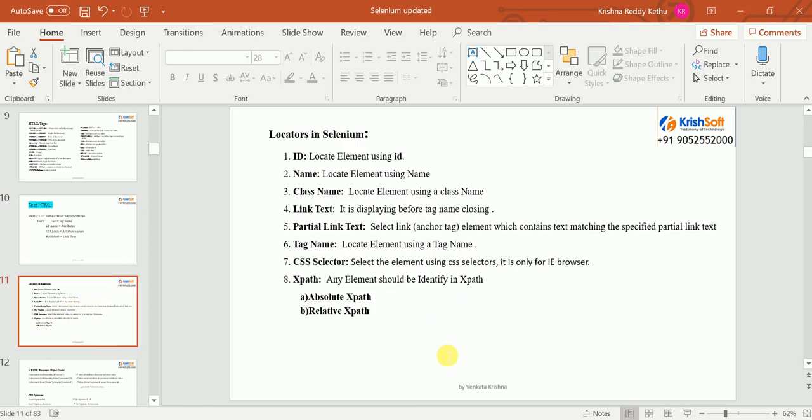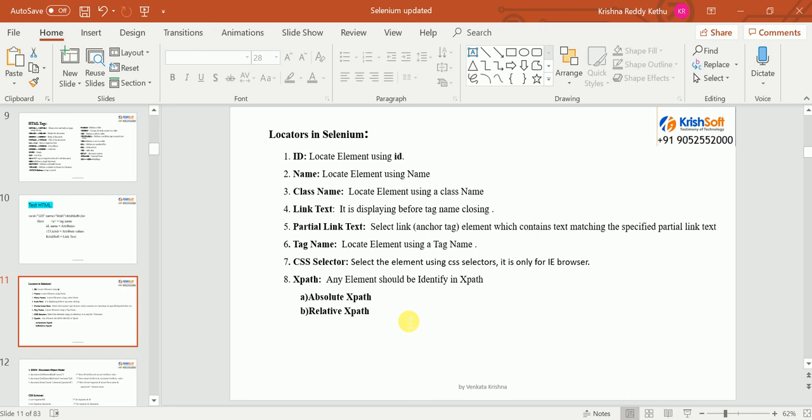As I told you, let me brief you one more time on locators. There are 9 locators: ID, name, class name, link text, partial link text, tag name, CSS selector, XPath and DOM. These are the 9 locators we are going to use to identify the elements in our application. If one is not working, we need to go with another one. If nothing else is working, XPath is there finally. If name is not working and ID is not working, finally we can locate with XPath. So XPath is the heart of Selenium.